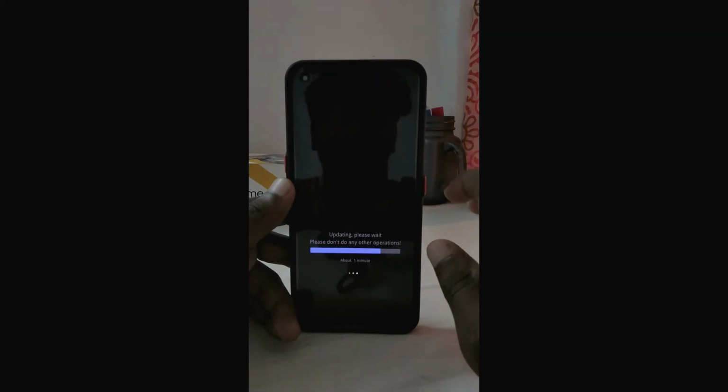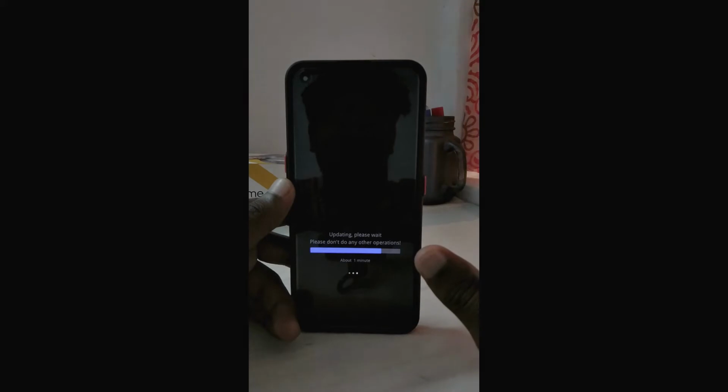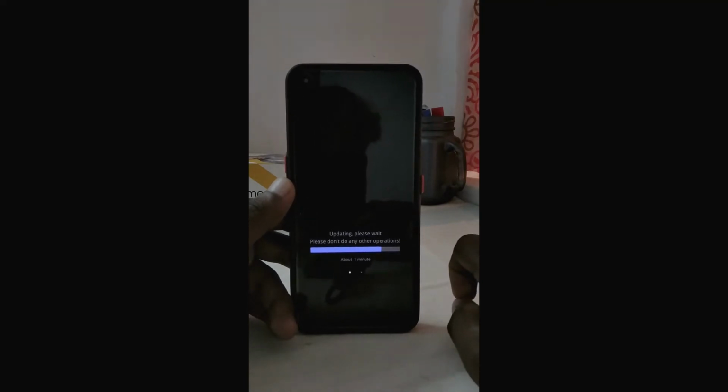And I also forgot to tell you, when you roll back to Realme UI 1.2, all your data will be wiped. Keep in mind, before doing this process, you better take a backup and then downgrade your phone to Realme UI 1.2. I would suggest that actually. If you think you don't have any data in your phone, then there's nothing to take a backup of. Just follow the steps that I have done, and that's it. You need not give anything here.